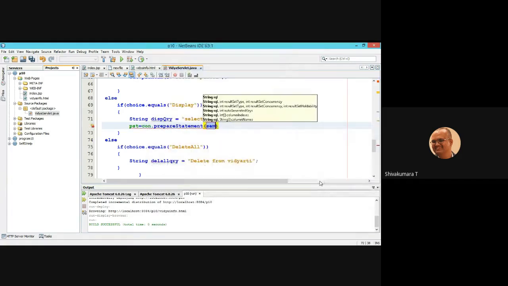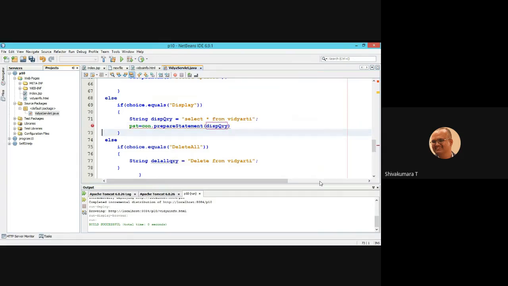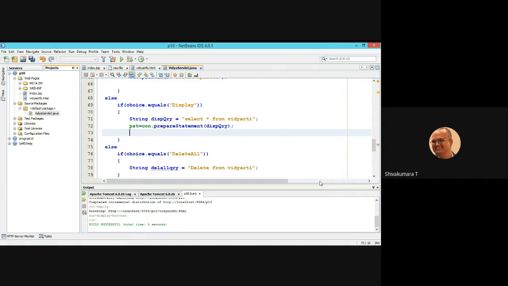The string display query you are passing as a parameter to prepare statement. Once you execute this, select star from Vidyarthi means one record is present, one record is displayed. If hundreds of records are present in that Vidyarthi table, you need to display all 100 records. So it is a little complicated query, the displaying query.